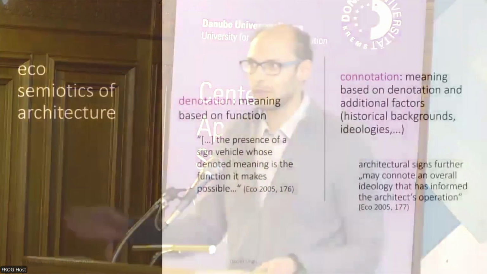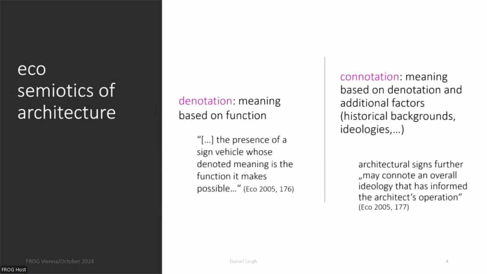Starting with the theoretical foundation, Umberto Eco wrote a text sometime during the second half of the past century called Function and Sign, Semiotics of Architecture. It turned out to be between 15 and 20 pages max in the English translation, and it turned out to be one of the most influential texts for architectural semiotics, probably even the most. He says that there are basically two ways of meaning getting assigned to architecture. The first is denotation, which is meaning based solely on the function of any architectural object. Eco uses the example of the staircase, and the denotation is that you can ascend them, you can walk them upwards or downwards. And there is connotation, which is the second way meaning is assigned, and that is based on the function and additional factors. So, for example, continuing the staircase,